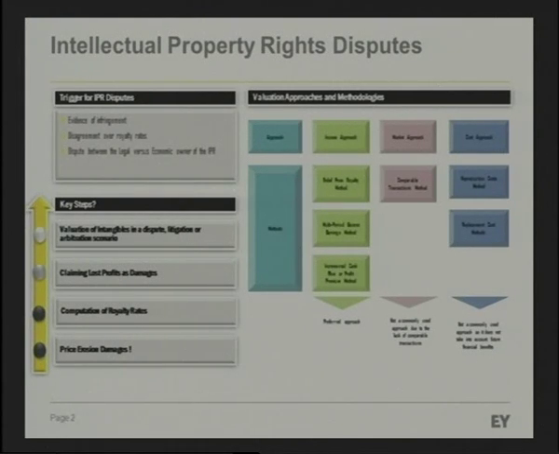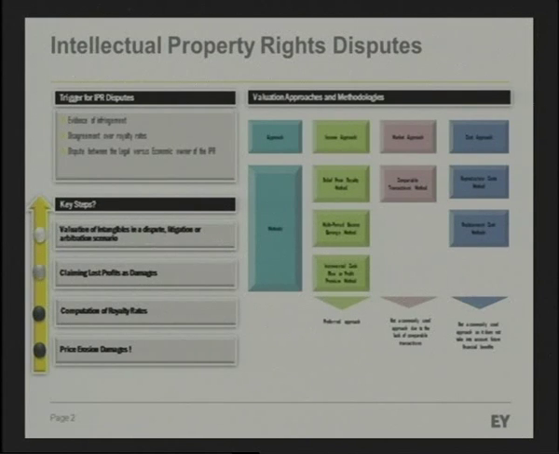And of course, if there is an infringement, suppose there is a technology or a trademark which has been copied by somebody in India, and they are selling fake or counterfeit products, in that case the claimant would put a claim for infringement of its own brand name or a copyright or a design. So where we come into the picture is that we help the claimants